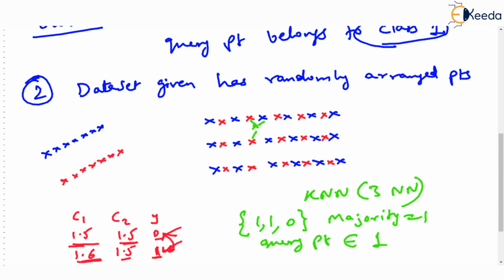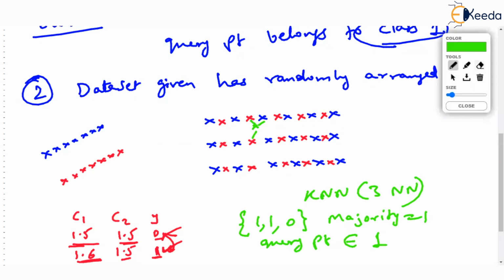But can you trust this? Just check. I'll just draw this again. Can you trust it? This new query point, which I was talking about, is so near to blue and red points. You see, it is surrounded by many blue and red points. And just because you took 3 nearest neighbors and 2 of them came as class 1 and 1 of them came as class 0, you are declaring that the query point belongs to class 1. Forget about KNN. I ask you that given this point, what will you classify it as? Red or blue? You will say, I'm not sure.